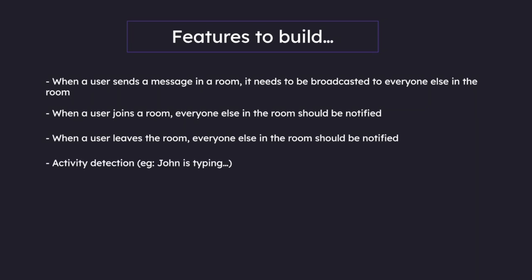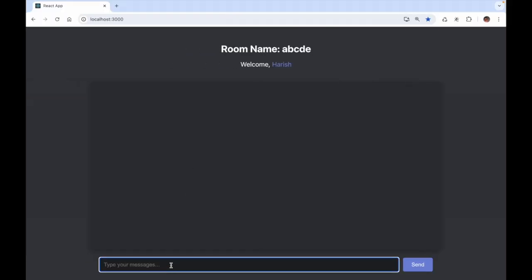And finally, let us also build the activity detection. Whenever a user is typing, we want everybody else in the room to be notified of the same. So let us see how to do that. If you think about it, we need some sort of event getting emitted from the client to the server whenever a user in this room is typing something. And it is the server that needs to broadcast that particular activity to everybody else in the room. So everything starts from listening in on this particular event right here, which is the change event happening on